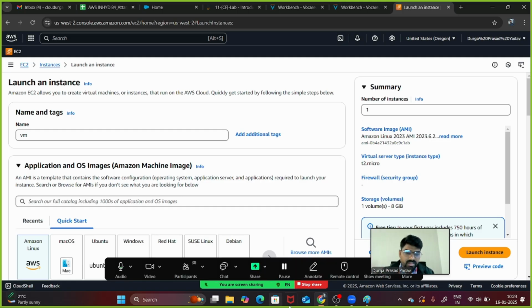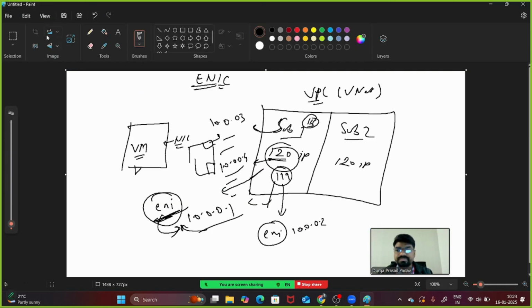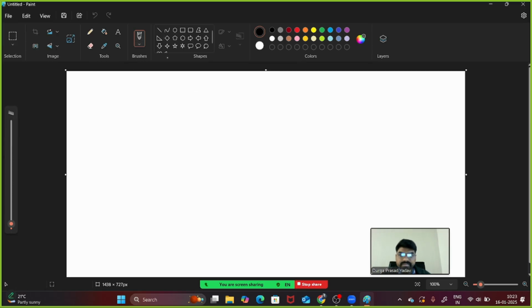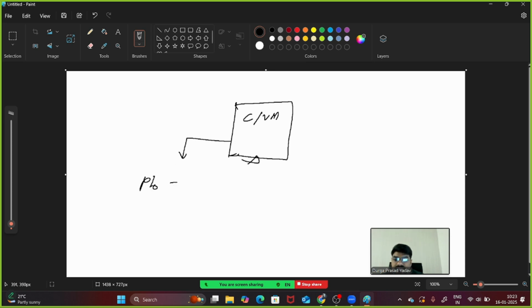So in short, in any computer or any virtual machine, we have two different IP addresses. One is a public IP address, and one is a private IP address.